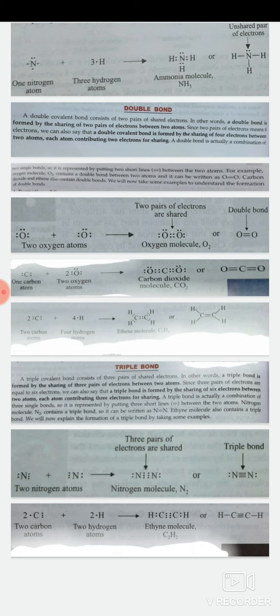Okay, so this way, by sharing a number of electrons, we get 3 different types of bonds. Single bond, when there is a sharing of 1 electron. Double bond, when there is a sharing of 2 electrons from each atom. Triple bond, sharing of 3 electrons. Now it means in the single bond there is one line. One line means 2 electrons are present. Double bond, 2 lines. 2 lines means there are a total of 4 electrons present. And triple bond means 3 lines, and there are a total of 6 electrons present in that compound.